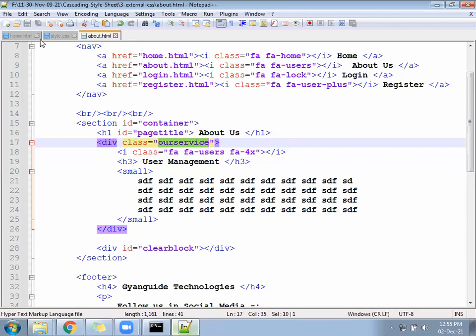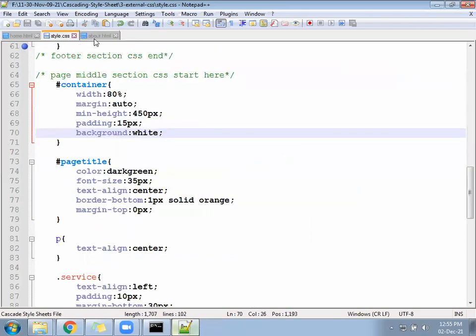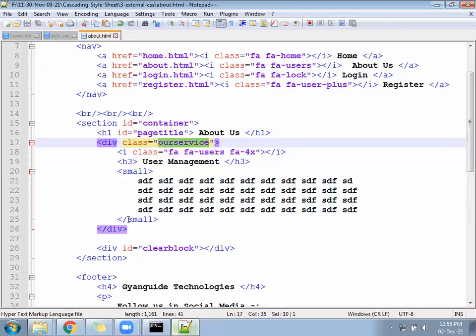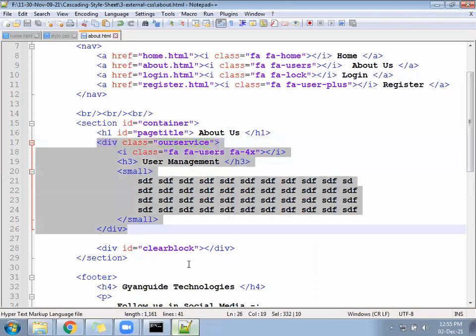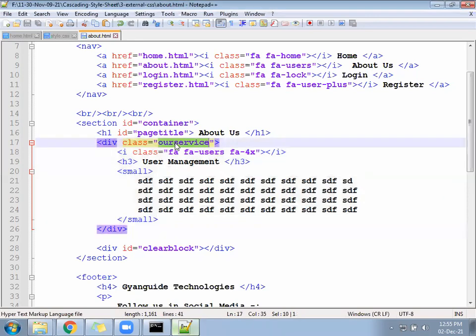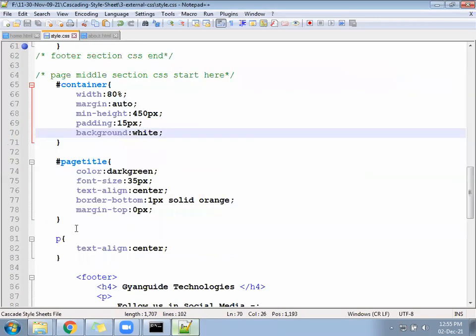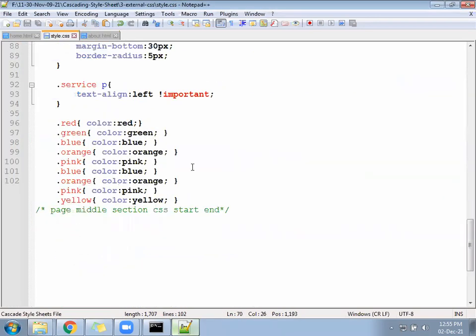CSS, go ahead under the CSS file. Okay, let me share this division to division. So our service, we can come to the style.css. Let's write here again.